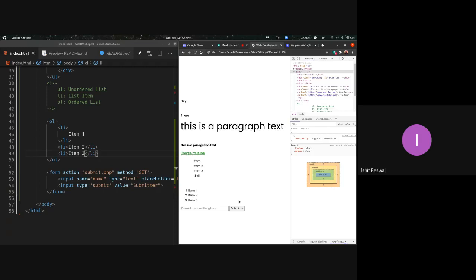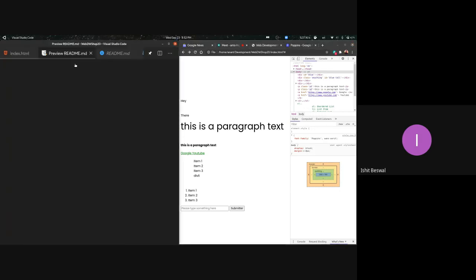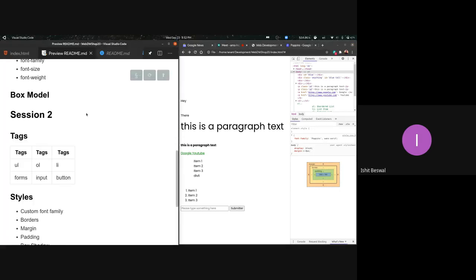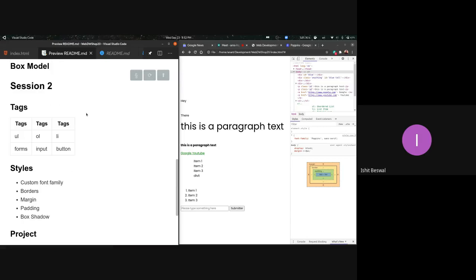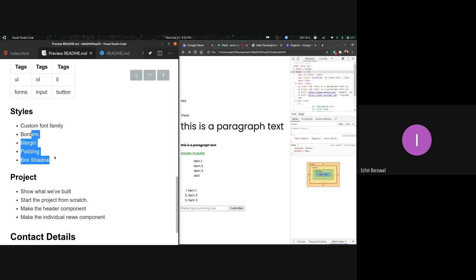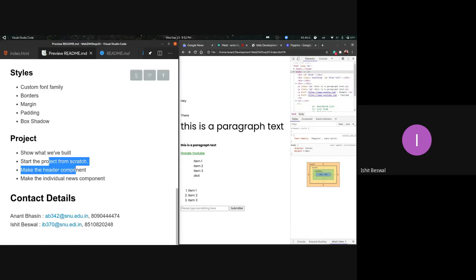The next was, will the action send it to the backend? Yes, the action is supposed to send your input to another location, be it a backend or another web page or another file in your website. You can see there are websites with multiple pages, like the home page, the login page, etc. Now we have mostly everything we had for this session covered.